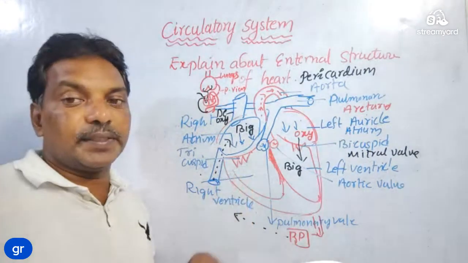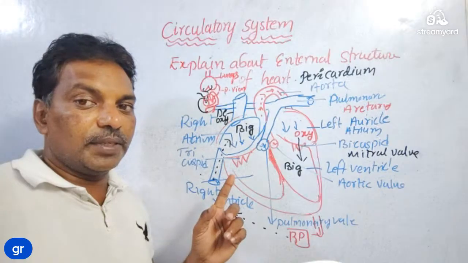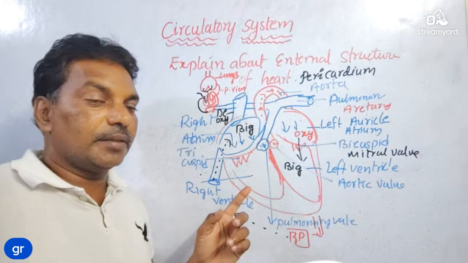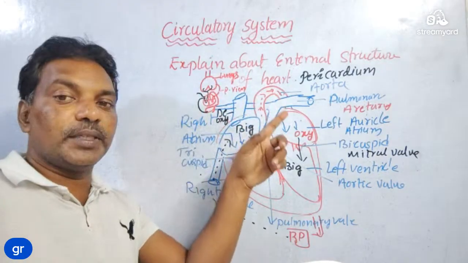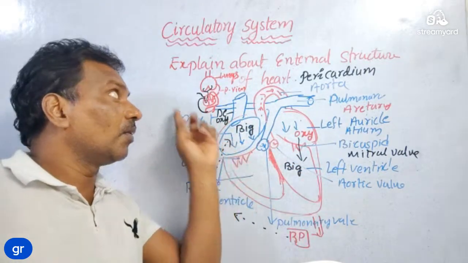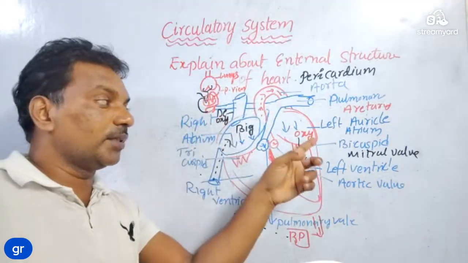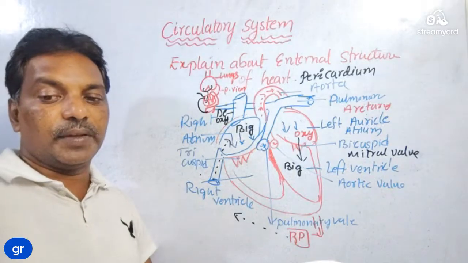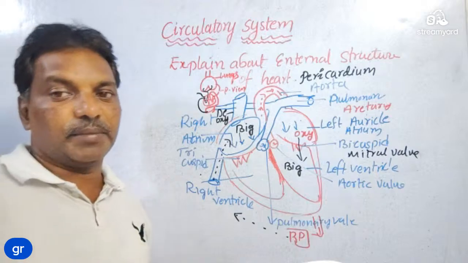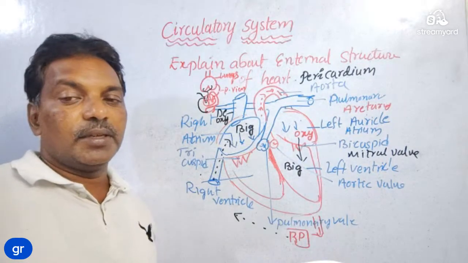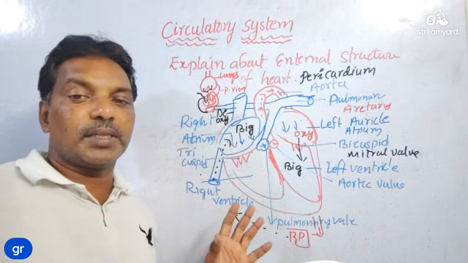So 6 blood vessels are connected to the heart. One is the aorta, the second one is the vena cava, the third one is the pulmonary artery, the fourth one is the pulmonary vein. Then the coronary vein and coronary artery, from the walls of the heart to lungs, lungs to the walls of the heart. So total 6 blood vessels are connected to the heart. Because the heart also requires energy, oxygenated blood reaches the cells of the heart. So this is about double circuit circulation.